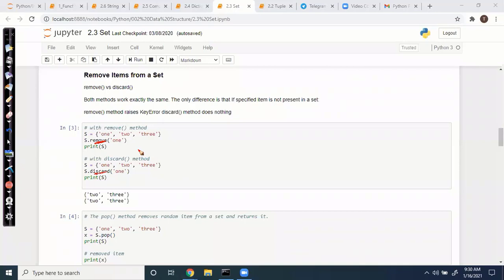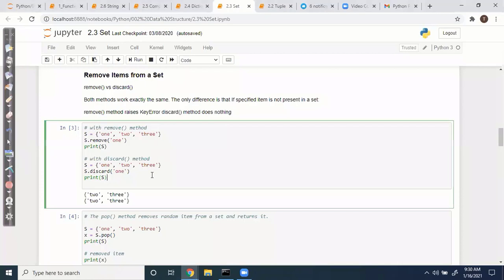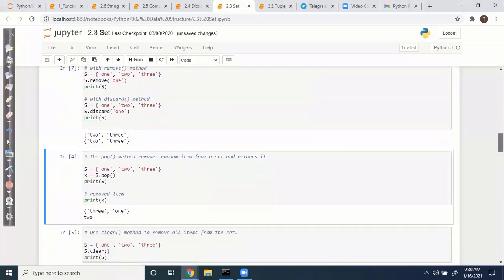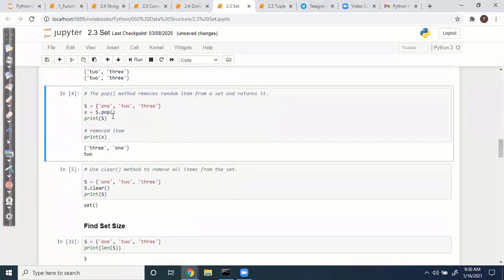If you remove anything and the item is not there, it shows an error in remove, but discard doesn't throw an error, which is good practice. Discard is better, because if the item is not there, it doesn't show any error. Another method you can use is pop.